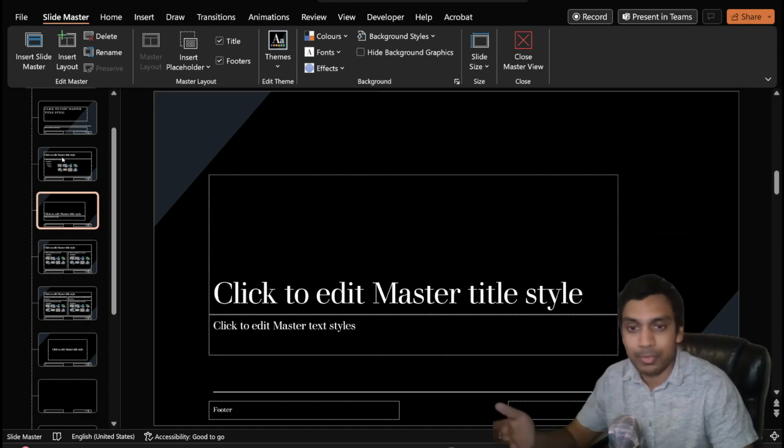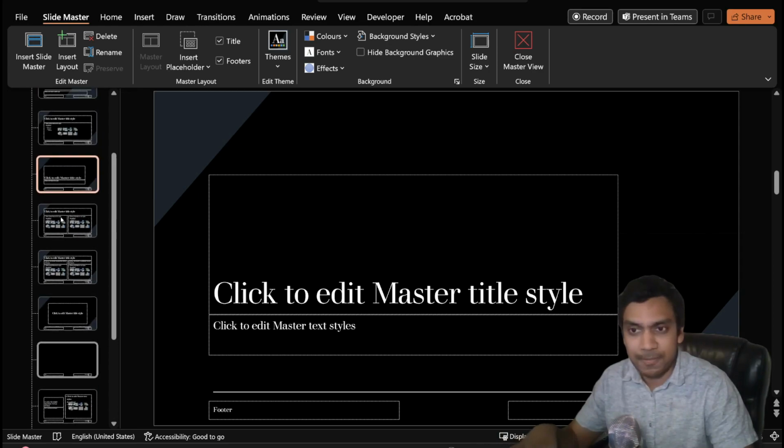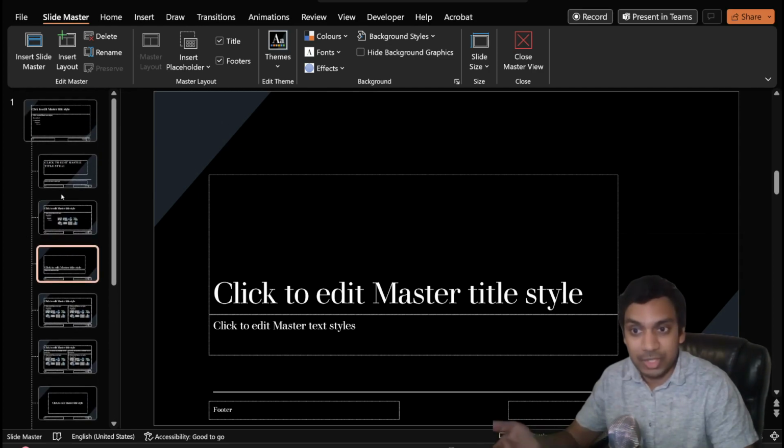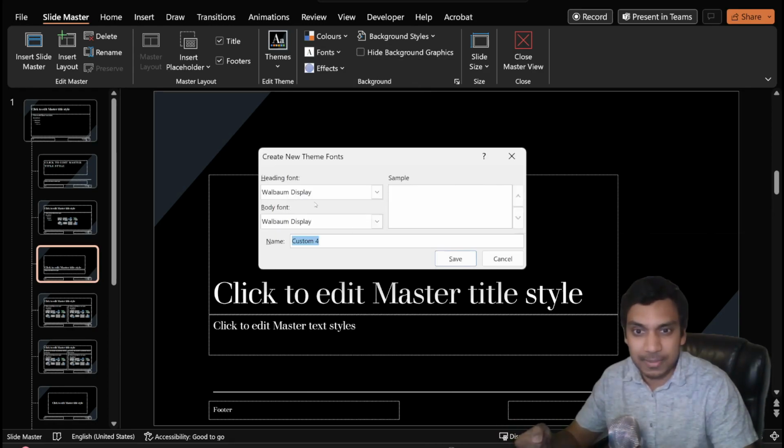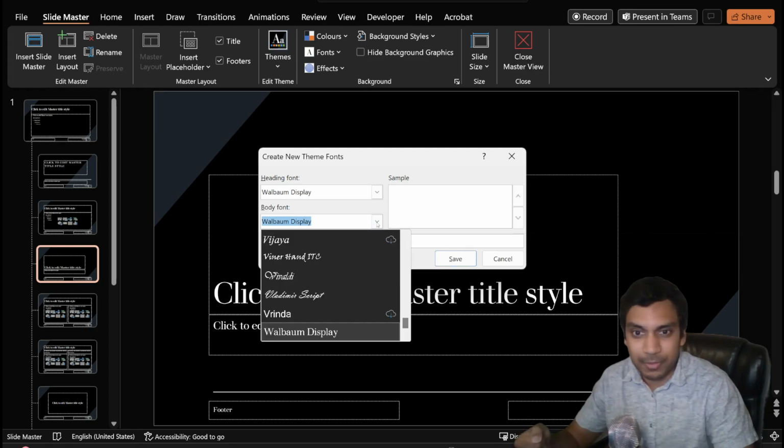Remember, before we had a white background, black writing, and our fonts were Calibri. Now it's all changed. If you want to change this even more, you can go into Slide Master and make those changes. I'm going to make a change to the font because I think we can have a different font for the body. I'm going to go with